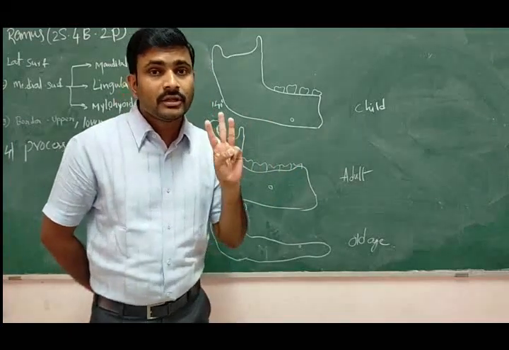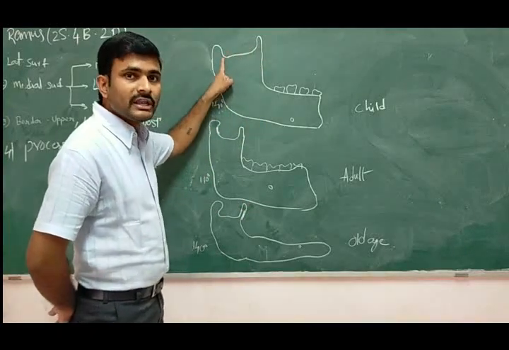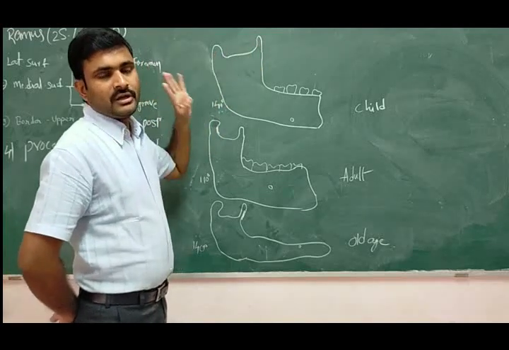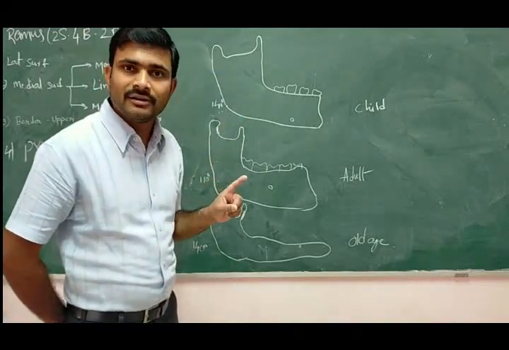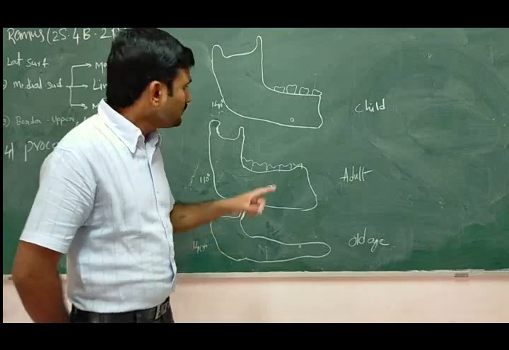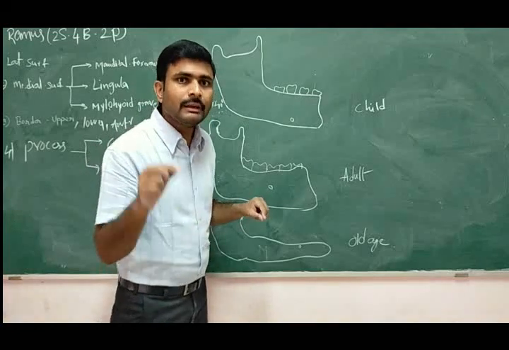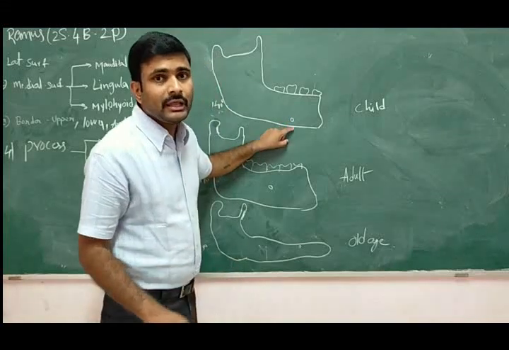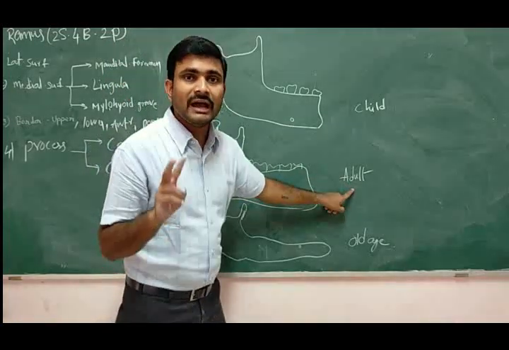And the third point, coronary process and condylar process. The coronary process is at a higher level than the condylar process. And the fourth point, on the medial side, we are seeing the mandibular foramen. The mandibular foramen leads to the mandibular canal, and this opens as the mental foramen. All these structures, the mandibular foramen, mandibular canal, and mental foramen, are near the lower border in the children. Now let's talk about the adults.